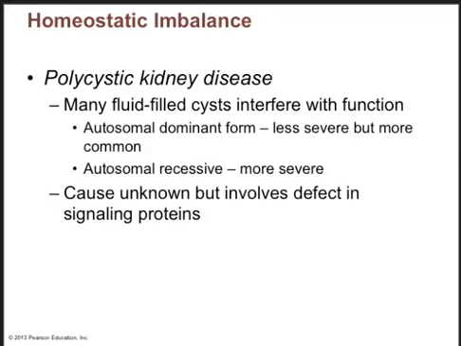In the recessive form, you need 2 bad copies of the gene in order for the disease to show up. In the autosomal dominant form, you only need 1 bad copy. So this is one of the things that you can screen for using amniocentesis. If you know that polycystic kidney disease runs in your family, you can check the cells in the amnion by